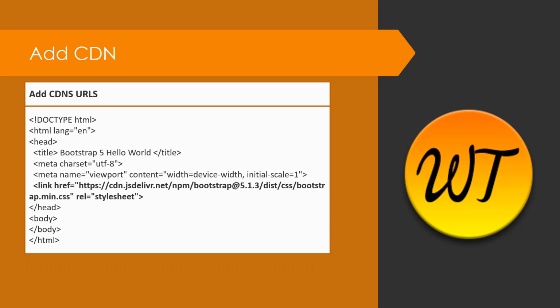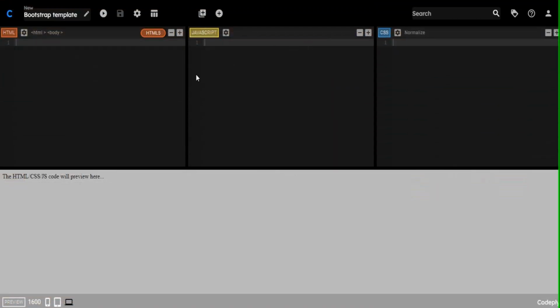Bootstrap needs two important tags: the meta tag, which contains viewport, and the CDN URL. Suppose you are not putting the CDN URL, then we have to add the local Bootstrap CSS files and JavaScript files for Bootstrap to work in full functionality. Now we are going to create the basic Bootstrap template by using HTML5. For that, I'm going to add the doctype first.